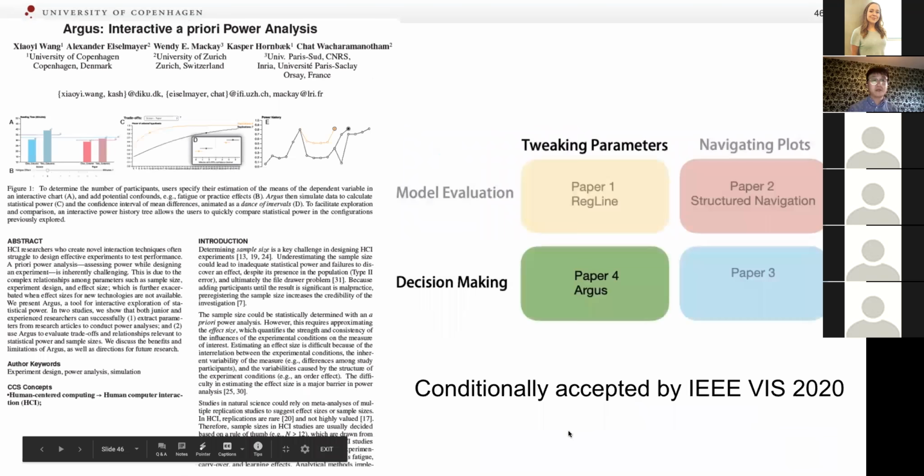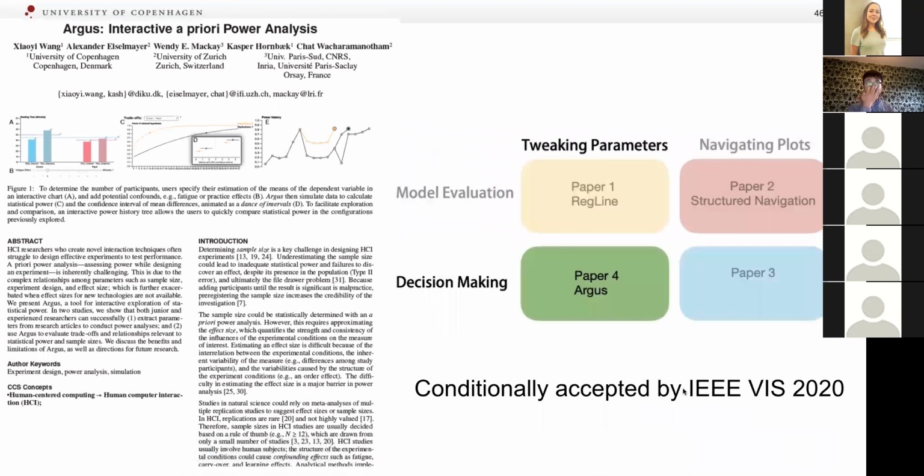Okay. Now let's move to project 4, which focused on specific domain experiment design in HCI research. Unlike project 3, understanding uncertainty, project 4 helps users make informed decisions about their experimental designs by understanding the relationship between power parameters.